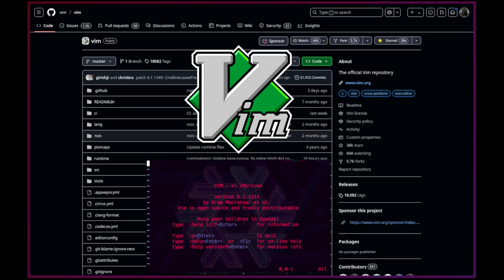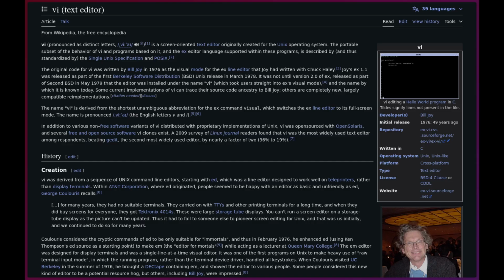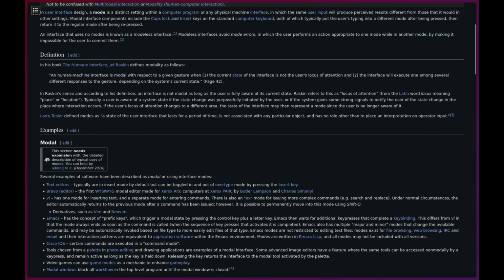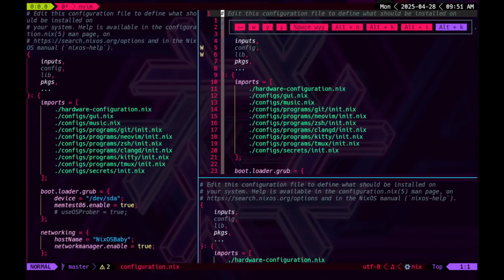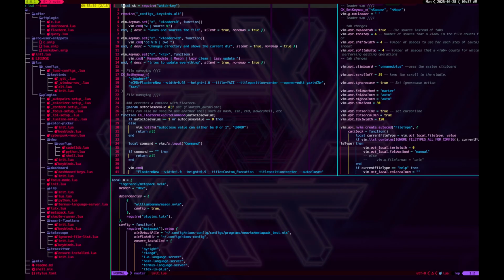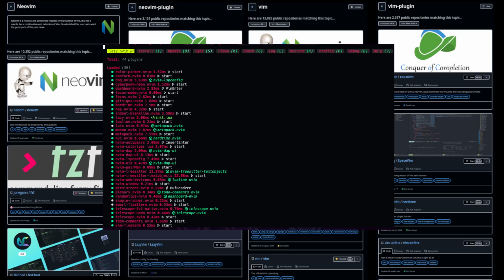Neovim, a fork of Vim, which itself is a fork of VI. VI-based editors are mode-based editors. They're meant to be fast, efficient, and easy to navigate. Vim and Neovim can also be heavily configured and have a plethora of plugins that can do more than the